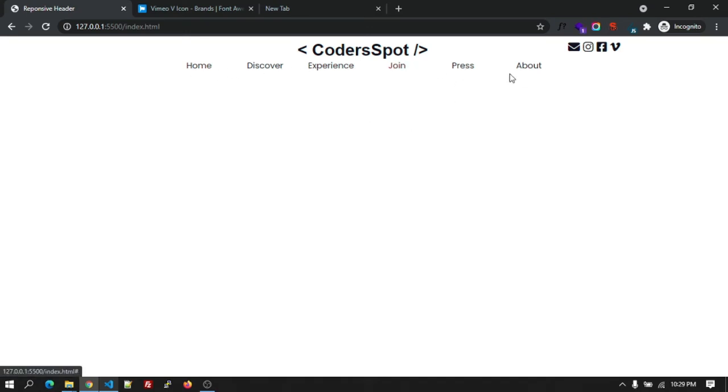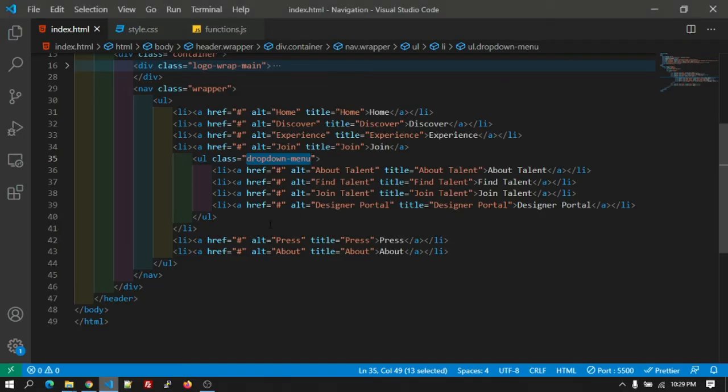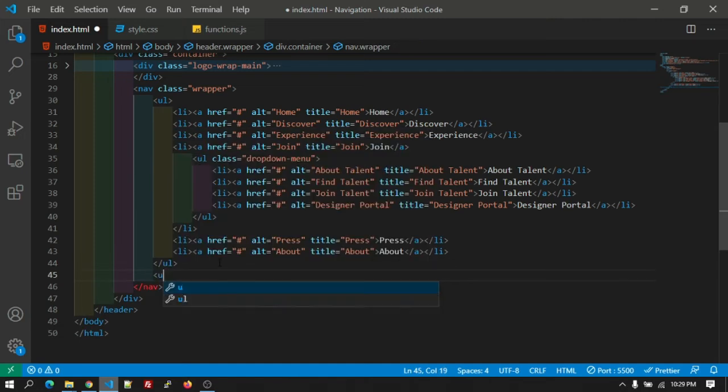Navigation as well. Let's add the search and the wishlist icon. Okay, after the UL tag, make sure you have created one more UL for the search and the wishlist icon. For the UL, let's give the class as search wrap.